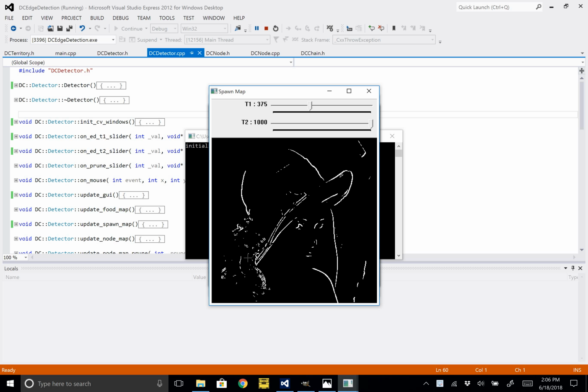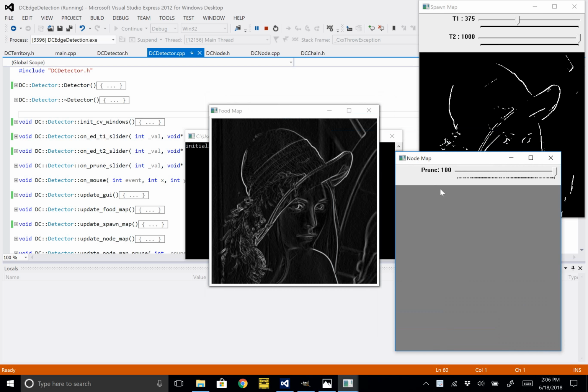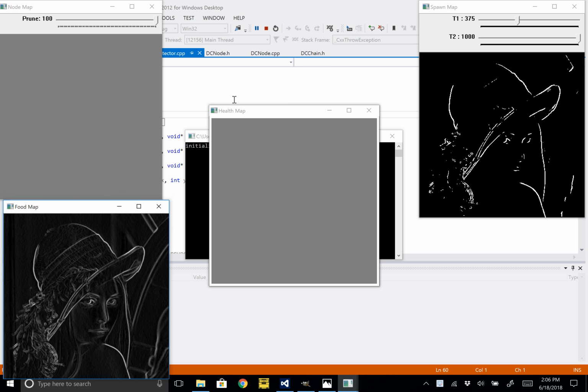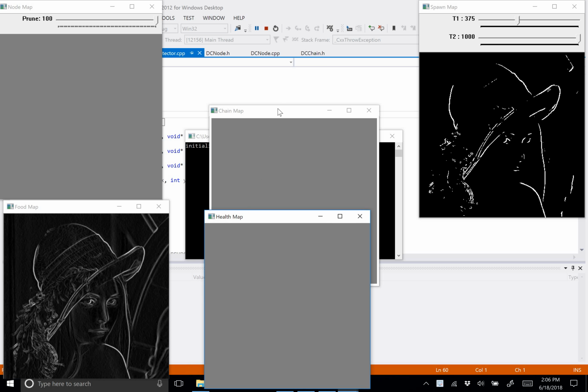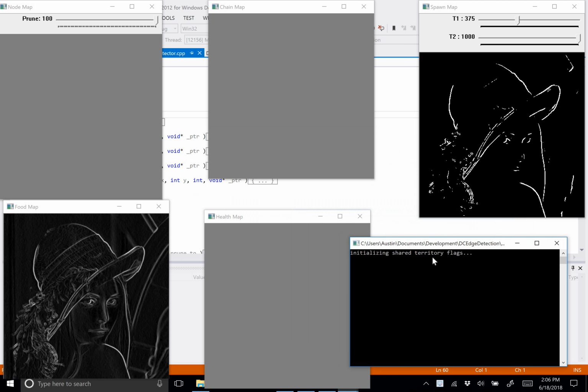And it only does this when I'm recording for whatever reason. I don't know why. Usually it remembers the place of the windows. But anyways,